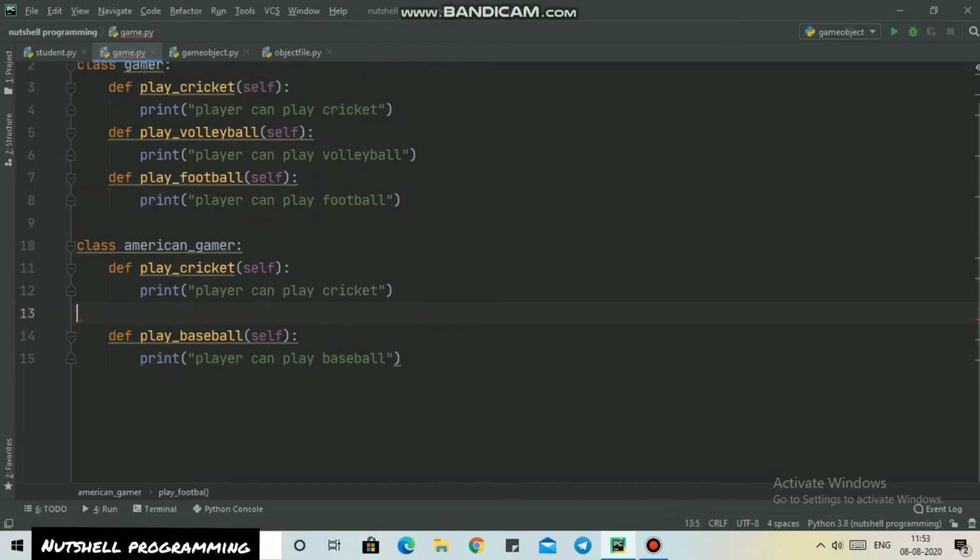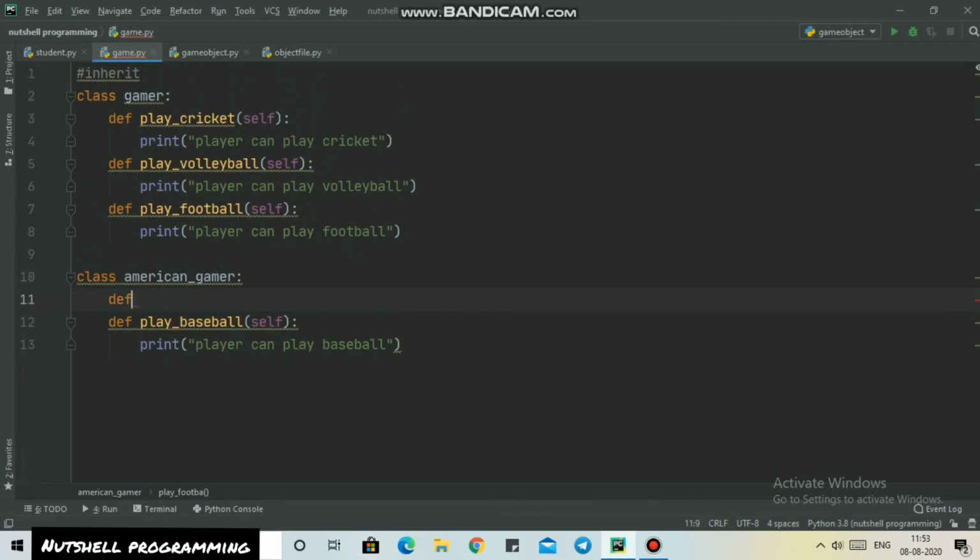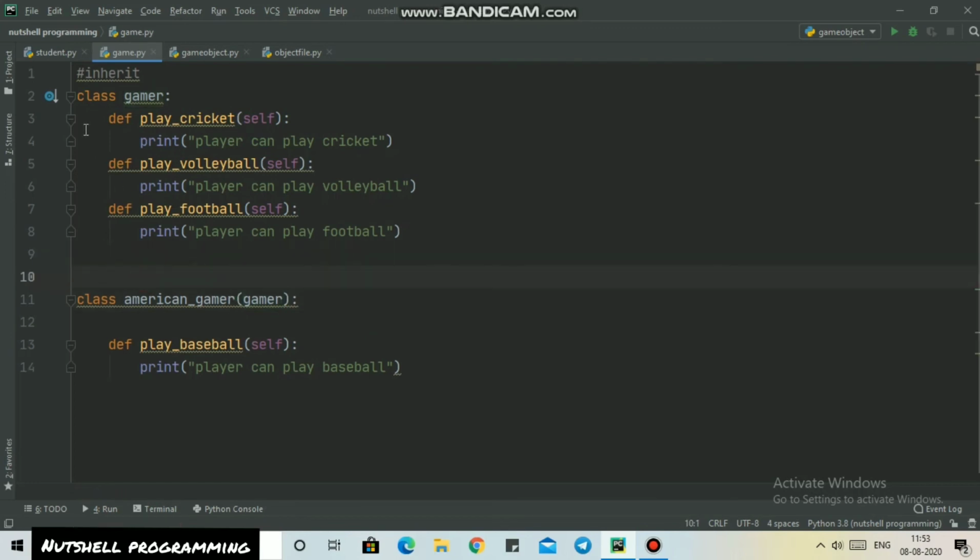Whenever we want to use all the functions in the upper class, or just any function in the upper class, we just use the inherit function here. So I'm going to inherit our gamer class into the American gamer class. So I just copied this and pasted it in the parentheses.